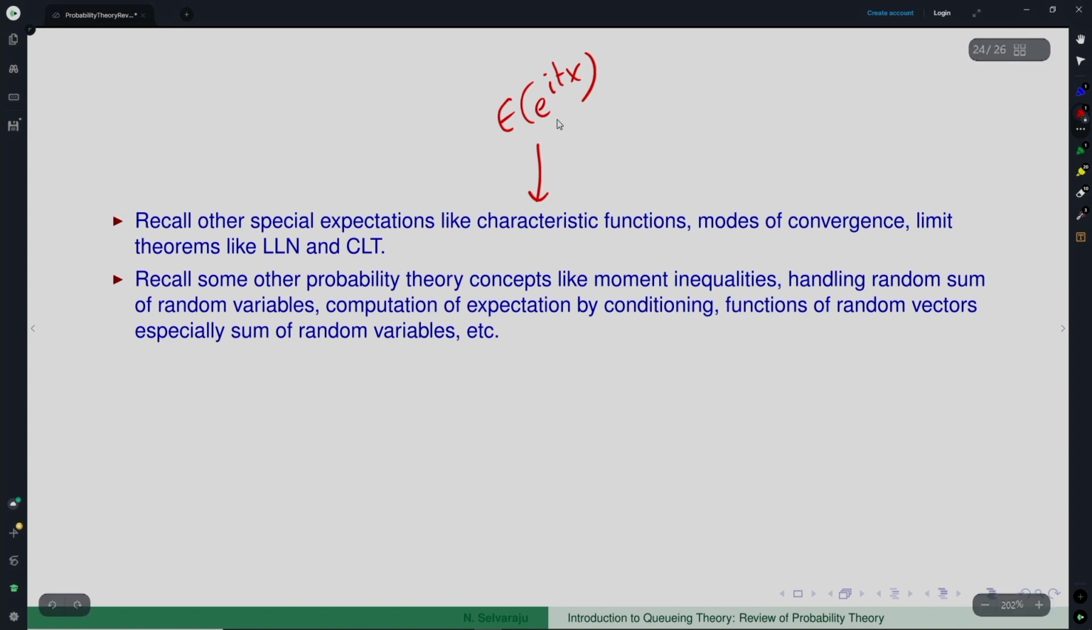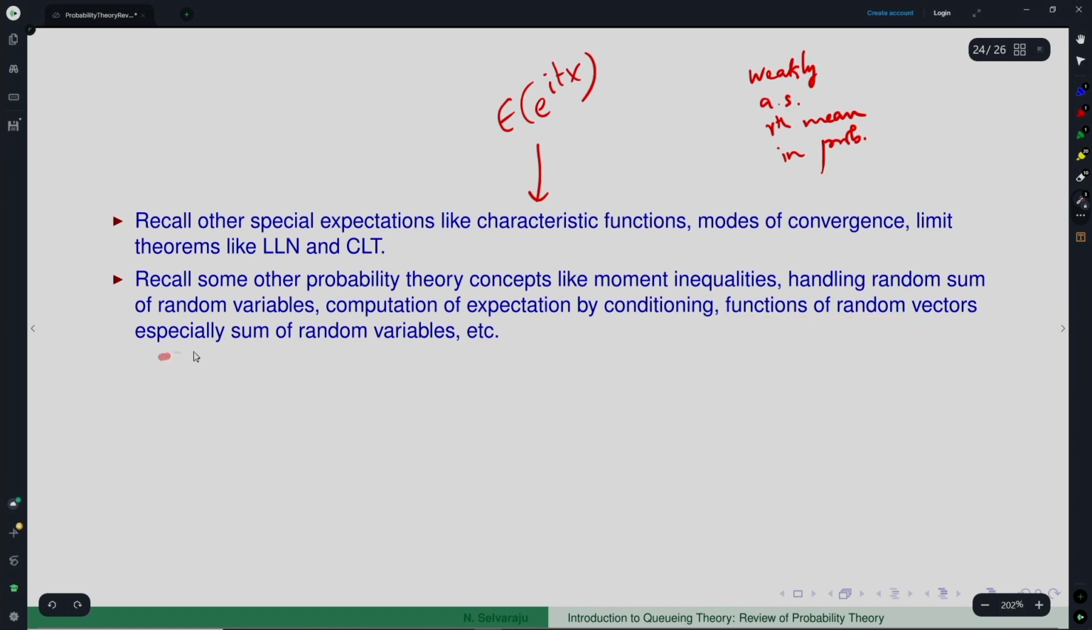Modes of convergence, there are 4 modes: one is called weakly, almost surely, rth mean, and in probability. These are the 4 types of convergence. And limit theorems, like the law of large numbers and the central limit theorem, which are the most important results, and their significance and so on. And also some of the inequalities like moment inequalities, the Chebyshev and Markov inequality, which sometimes you may have to use,